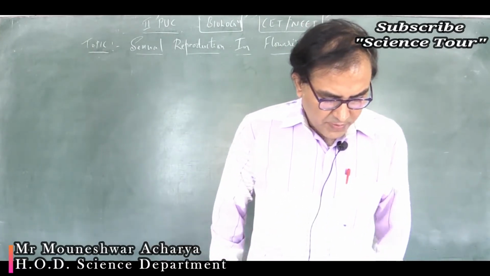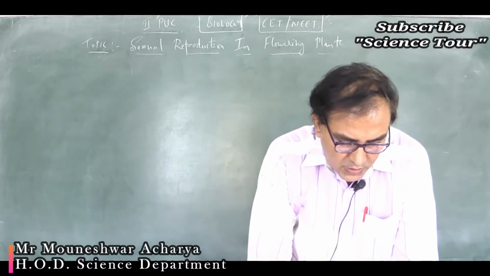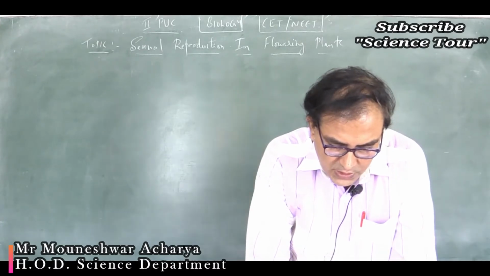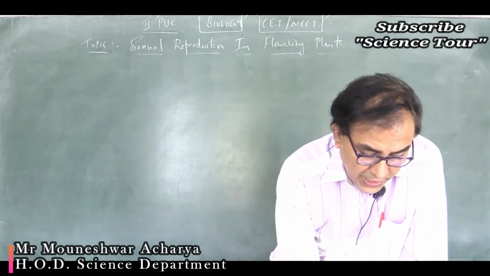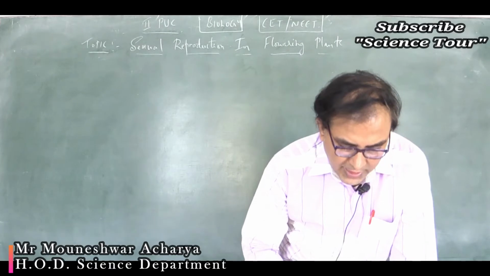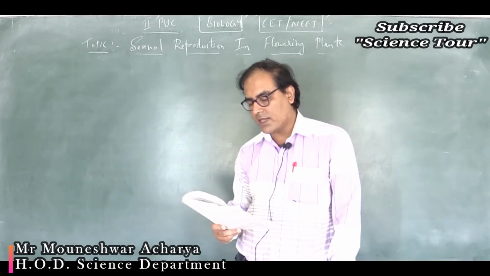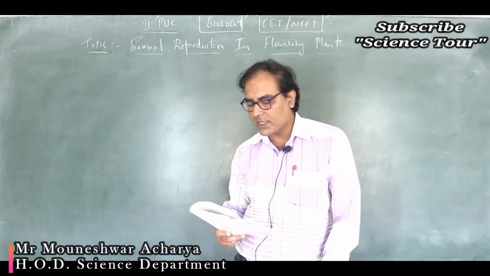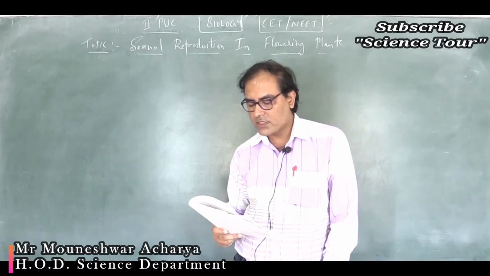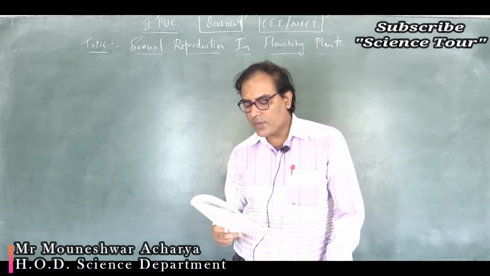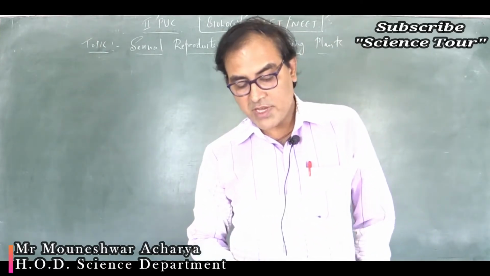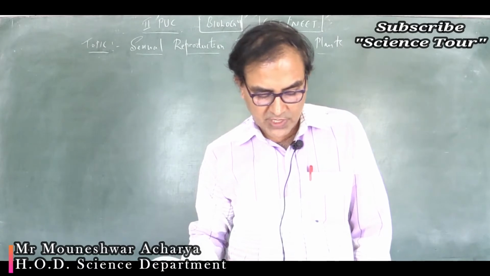Let's move to question number 52. What is question number 52? In majority of angiosperms, the options are: reduction division occurs in the megaspore mother cell, a small central cell is present in the embryo sac, the egg has a filiform apparatus, or there are numerous antipodal cells. Majority of the angiosperms means the flowering plants.